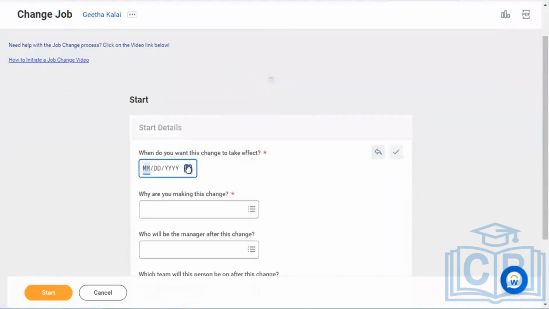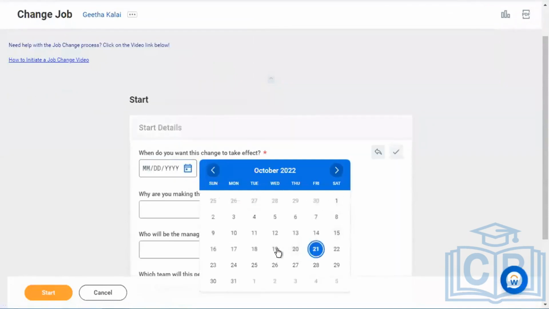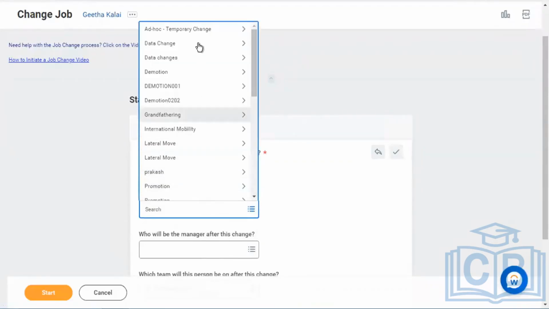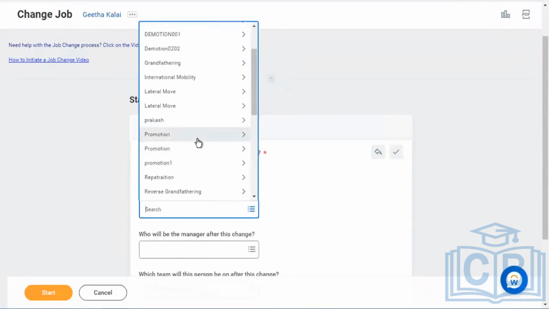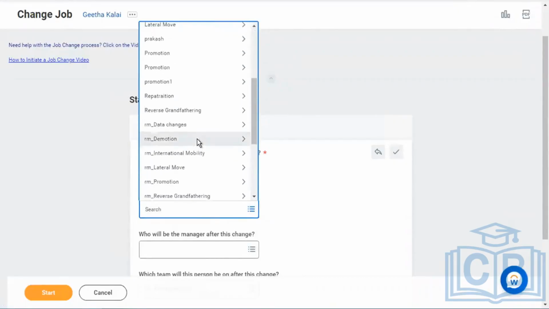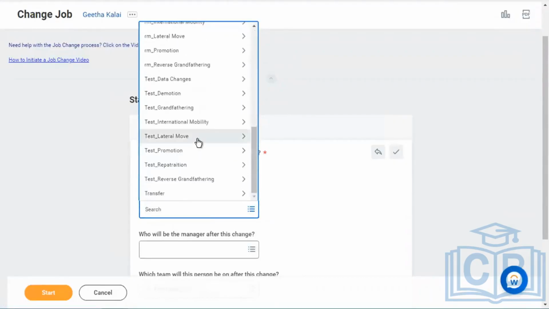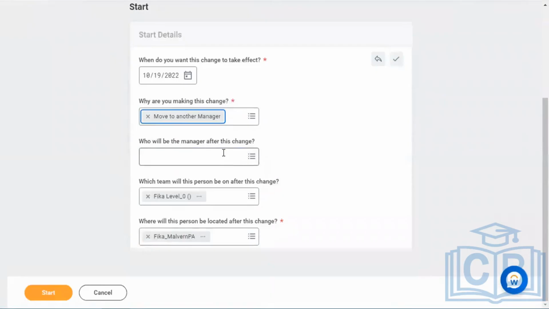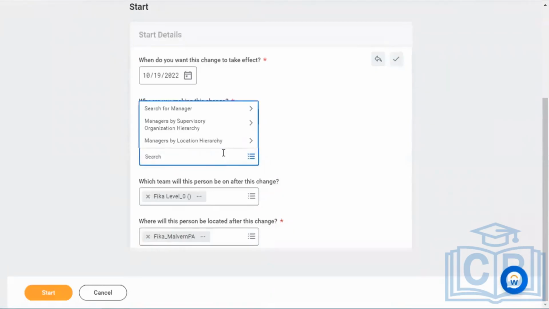Now you enter a few values here, like let's say you want to make this change effective this time. In this case, you pick a reason for a transfer. There should be some transfer option, like move to another manager. Then you enter who will be the manager in level 1.